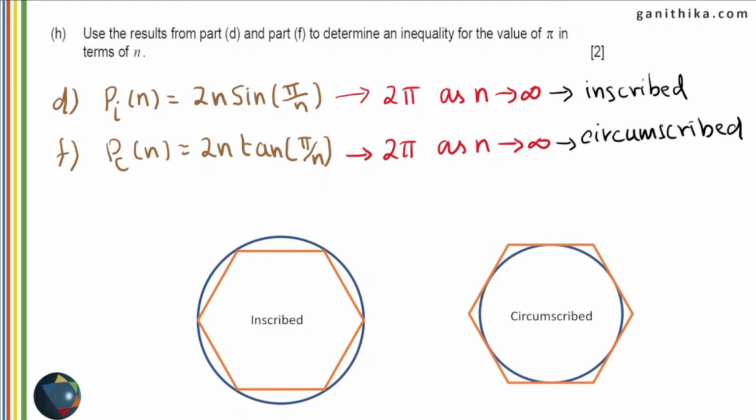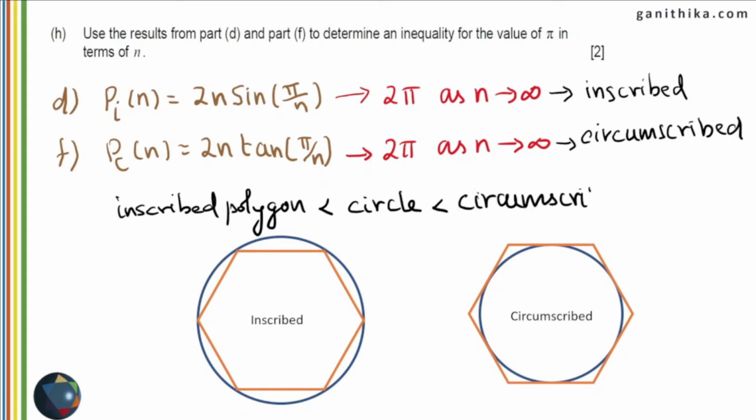As you can see, in an inscribed polygon, the polygon's perimeter will be less than the perimeter of the circle, which is the circumference of the circle. In the second case, that is the circumscribed case, the circle is smaller than the polygon. Therefore, the perimeter of the circle, which is the circumference of the circle, will be less than the perimeter of the polygon. Therefore, this is the inequality we are getting with the three conditions. The inscribed polygon will have perimeter less than the circumference of the circle, and that will be less than the perimeter of the circumscribed polygon. So if you have this in your mind, you can easily find the inequality here.